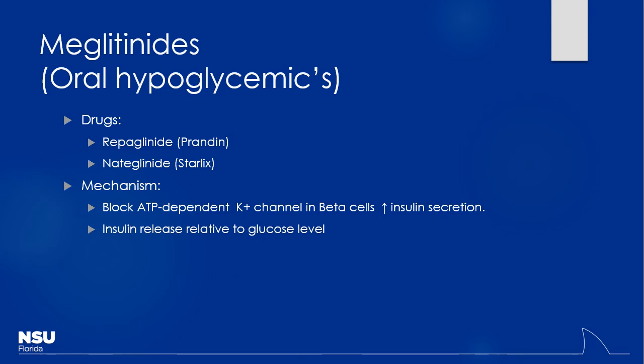Up next, we have our meglitinides. These are going to work similar to the sulfonylureas. However, they have one distinct difference between them. The two in this category include repaglinide and nateglinide. It's going to be Prandin and Starlix. Now, I can tell you, I've probably never seen a patient actually on these. They're used exceedingly rarely. But basically what they're going to do is help to stimulate insulin release,